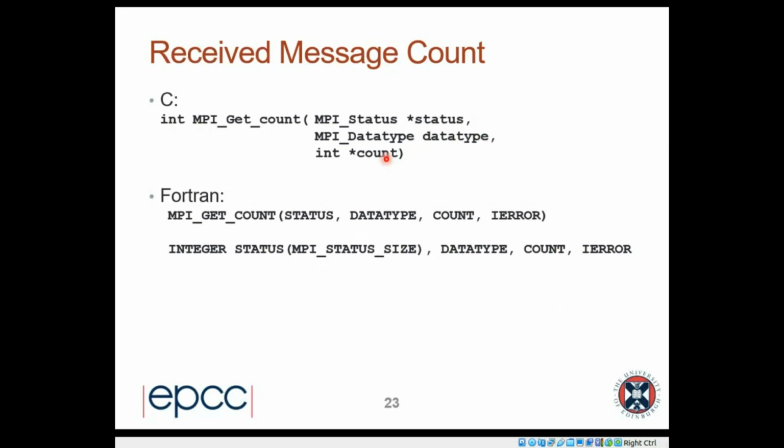The reason is, you can think of it that MPI only knows how many bytes